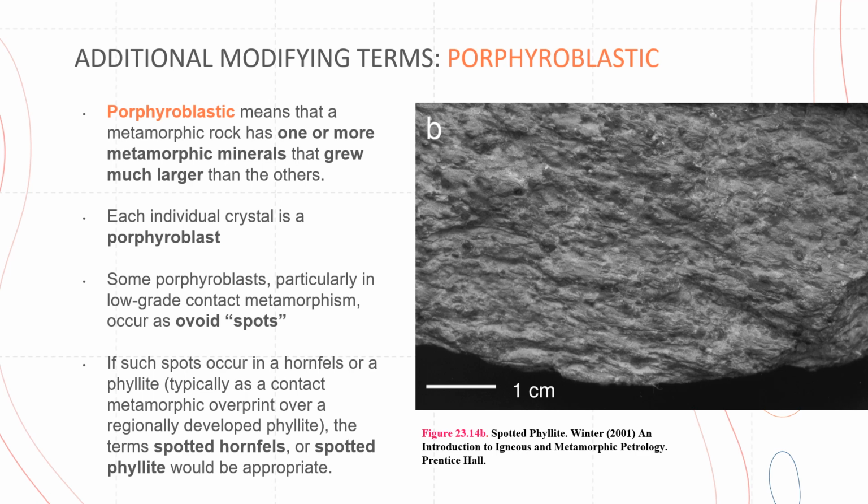So porphyroblastic means that a metamorphic rock has one or more metamorphic minerals that grew much larger than the others. So each individual crystal that we can see is called a porphyroblast. And some porphyroblasts, particularly in low-grade contact metamorphism, occur as ovoid spots. So if we look at this example here of a spotted phyllite,